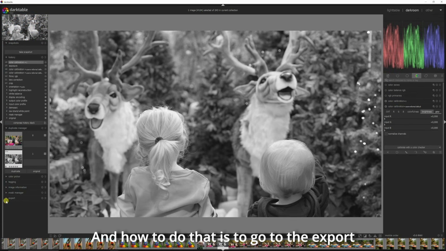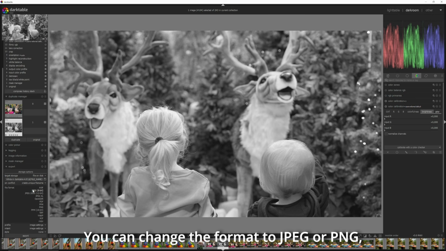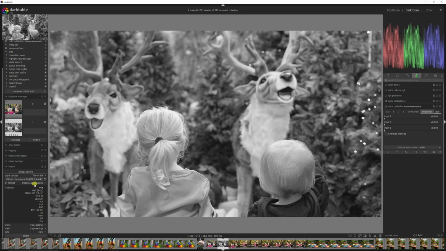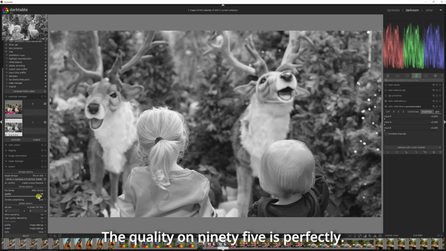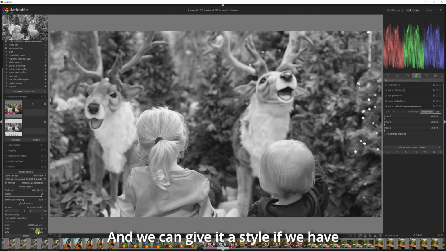And how to do that is to go to the export tab and then fill in all the details. You can give it a unique file name. You can change the format to JPEG or PNG, for instance. For JPEG, the quality on 95 is perfect. You can set the size if you want to. You can allow upscaling, high quality resampling, anything that you need. We've got the profile. Let's set it to sRGB, and we can give it a style if we have styles,